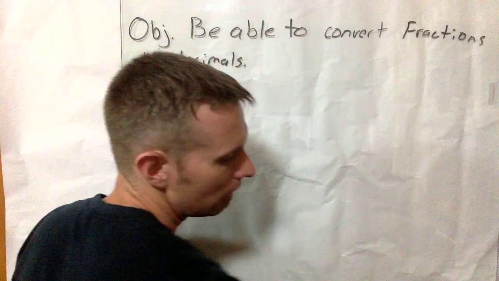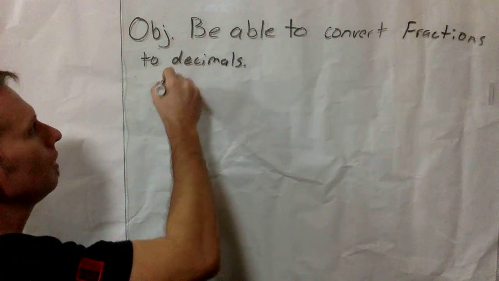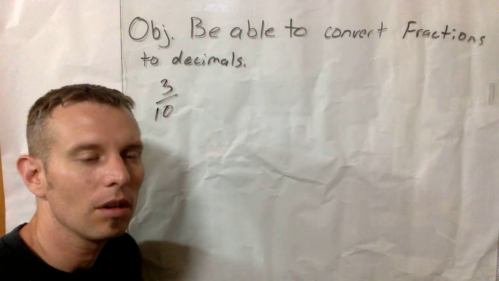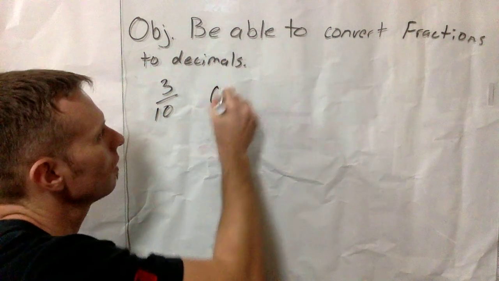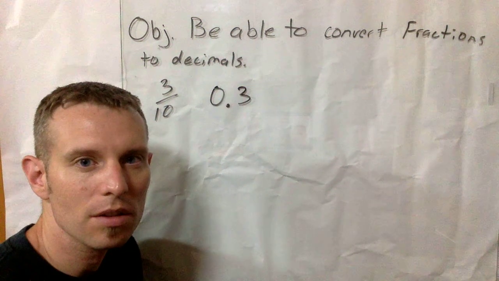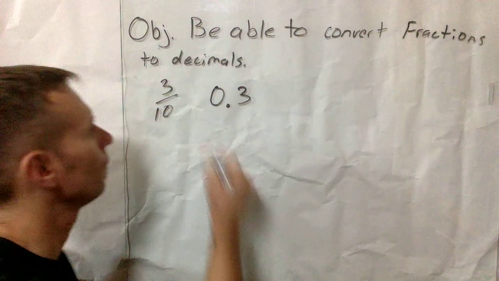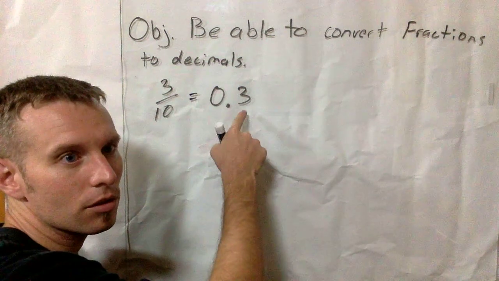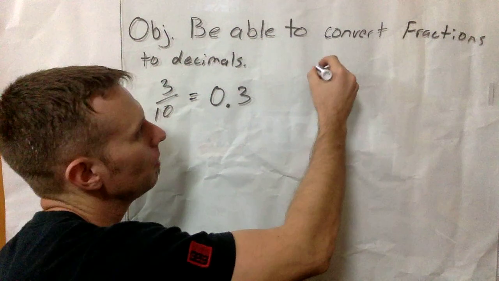So let's just say I have, we'll do a few easy ones, 3/10. Well, again, we know that 3/10 is there's a 3 in the tenths spot. Very simple. We read this decimal. This is the tenth spot. There's 3 in the tenth spot. How about